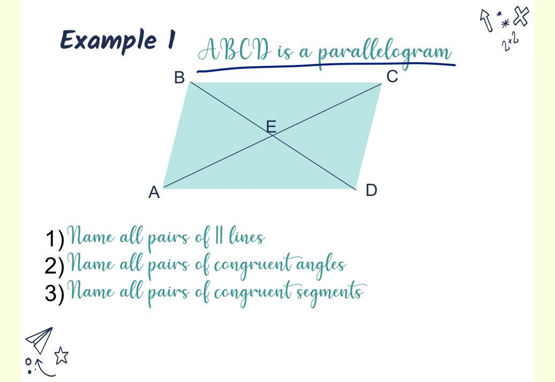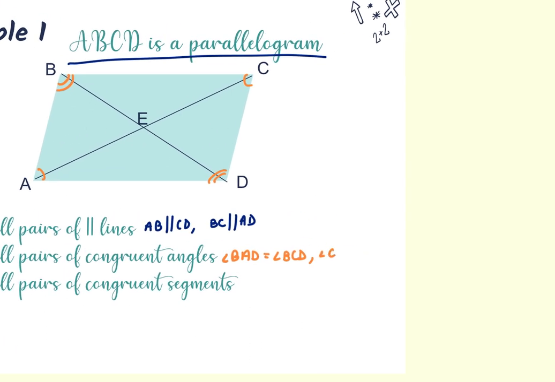ABCD is a parallelogram. Name all the pairs of parallel lines. So AB is parallel to CD, and BC is parallel to AD. Number 2 says name all the pairs of congruent angles. So not only do you have the opposite angles, like angle BAD equals angle BCD, and the others the other way, angle CBA would equal angle